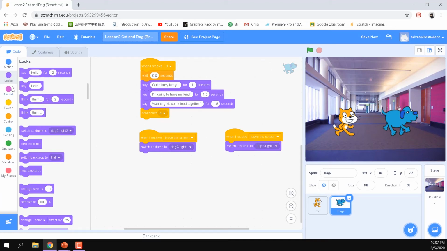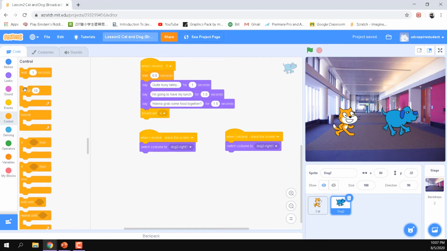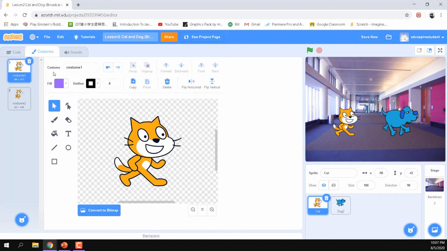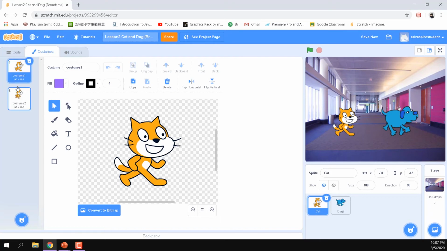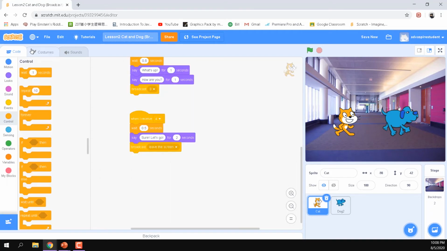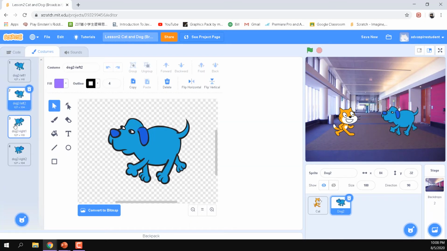So now this one, we will do the same thing but differently, because the cat costume just has the right. So for the next costume it will be like this, and the next costume will go back to here. So the cat will just repeat the animation from these costumes only. But the dog is different because all of the dog's costumes include the left side and the right side.